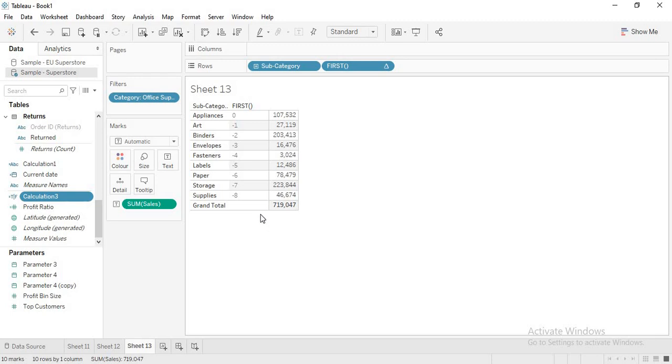LOD is because when you use an LOD, the values are maintained at a position. When I say fixed state sum of sales, all the values for that state, every member of the state, are added and maintained. But when you use table calculations, again you are bringing uncertainty into it. That is why Tableau has not allowed table calculations to be used in LODs.